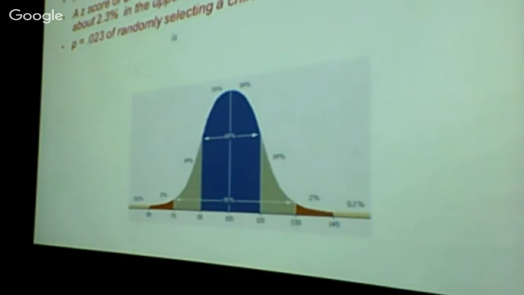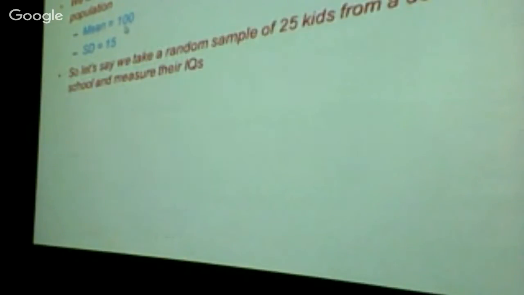Excellent. So we start using this terminology now, P. P will come up again, again, and again. P is the foundation, one of the many foundations of the kinds of stats you will read about in studies and so forth. Okay, so we know that the distribution of IQ scores in the general population is this. The mean is 100, standard deviation is 15. We know that. So we take a random selection of 25 kids, some school in Ottawa, and we measure their